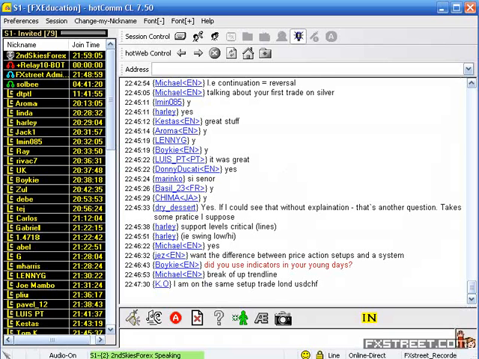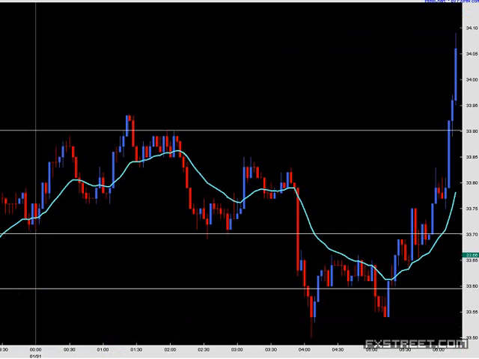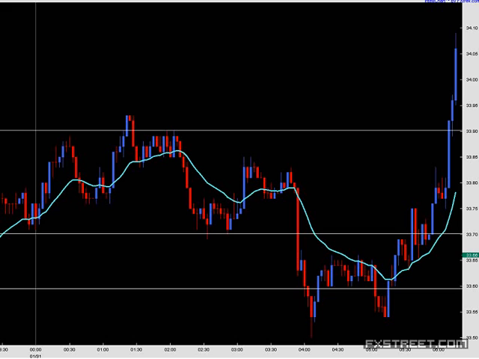Now, what's the difference between a price action setup and a system? A price action setup can be a system, but not all systems are price action setups per se. You could have a rule-based system that is a simple price action setup. It could be a 1-bar formation, a 2-bar formation, a 3-bar formation. That's a price action setup, and it could be a rule-based system at the same time.